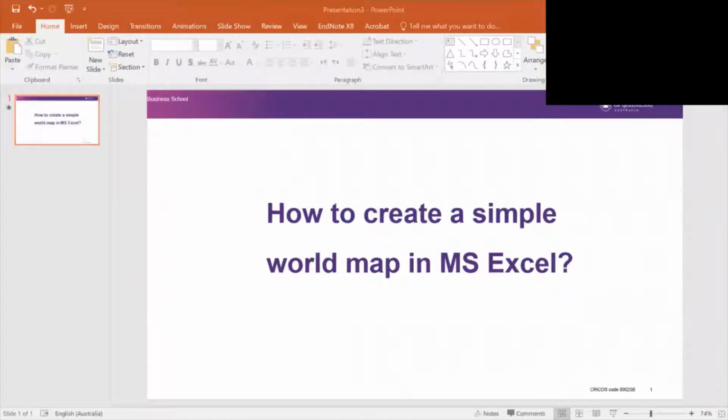I received a few questions about creating a simple map, especially a world map, because we talked about Orin. Orin is great for creating Australian maps, but suppose that you want to create a very simple world map, just putting bubbles on a world map. How can you do that? In this video, I suggest a very easy approach to